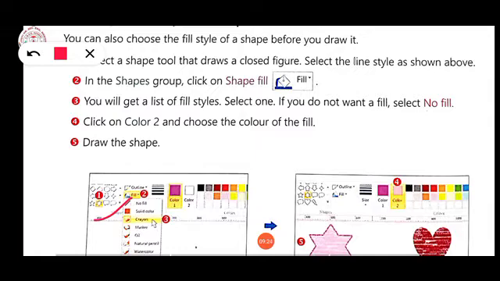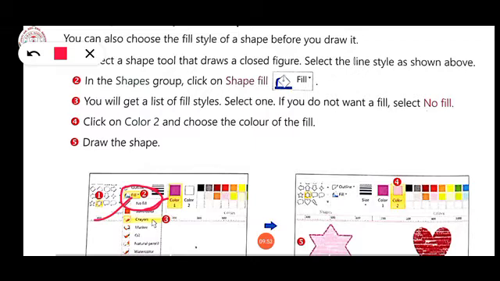In the shape group you have to use shape fill. Shape fill will be there, that you have to click. Then again there will be a list of fill styles. If you want to select, you can select one. If you don't want to fill color, you can click on no fill.